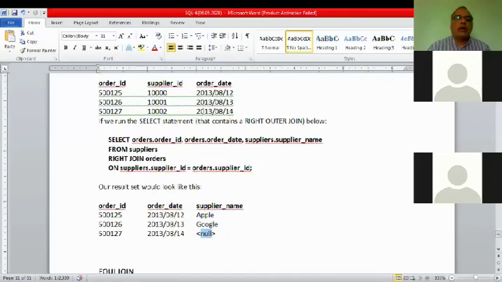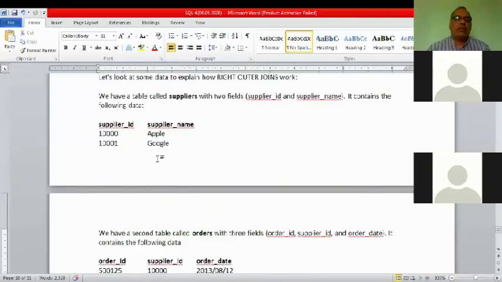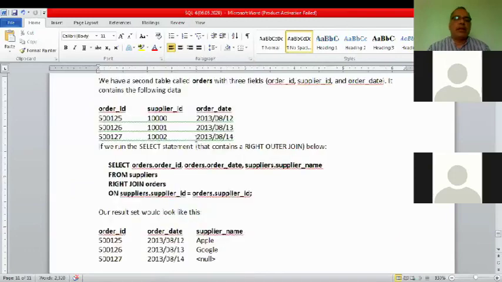In the third one, a null value is coming because it has no corresponding supplier name, because there were only 2 supplier names. Here are 3 records, so instead of the third value, the null is coming.